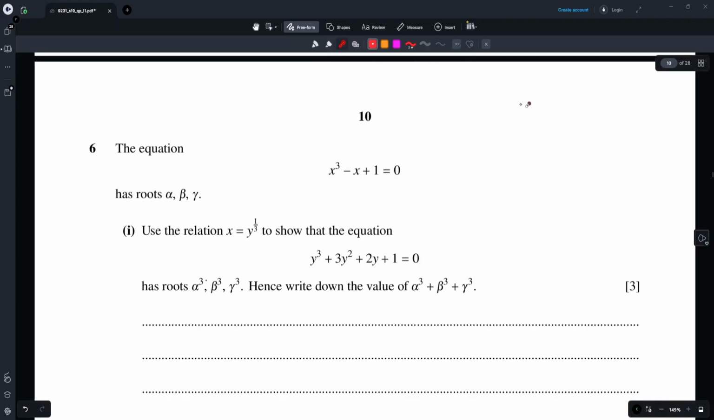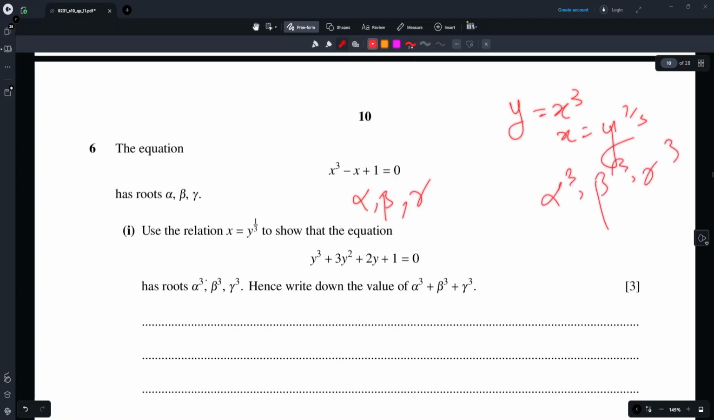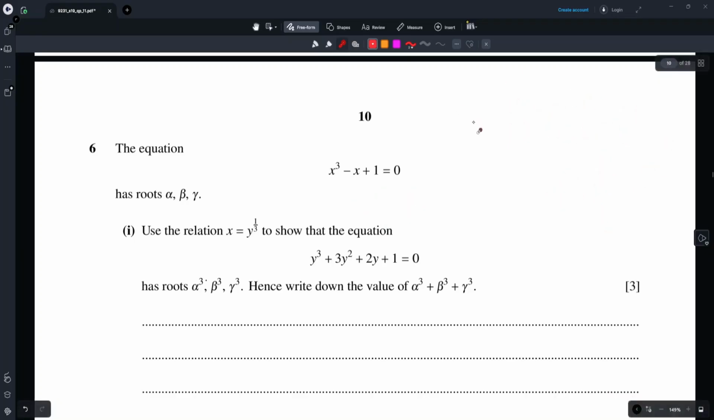So if I have an equation like this, y equals x cubed, and I know that in this equation x has roots alpha, beta, and gamma, then whatever we get by putting x equals y to the power one third, aren't we supposed to get roots alpha cube, beta cube, gamma cube, if we know that y equals x cube? What we're doing here is that instead of just making use of